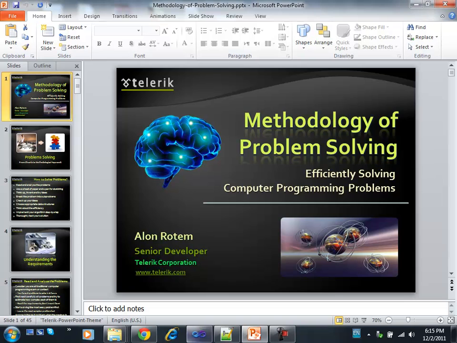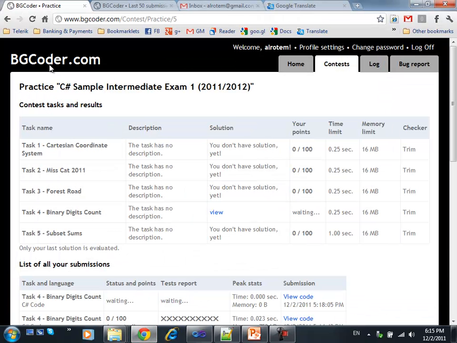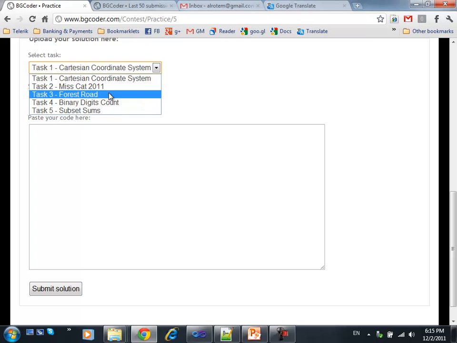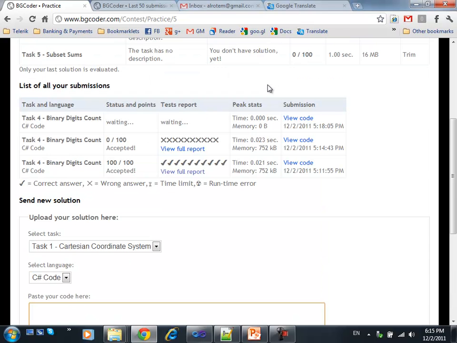One thing that I wanted to mention about the exam, you've seen the site is up, right? The BG Coder. One thing that wasn't 100% clear to me from the requirements document on the sample exam is that you're actually submitting one task each time, right? And you're submitting your main CS file. So you have to contain all your code in one place, and then you're just pasting it and submitting it here. And it runs through a series of tests,